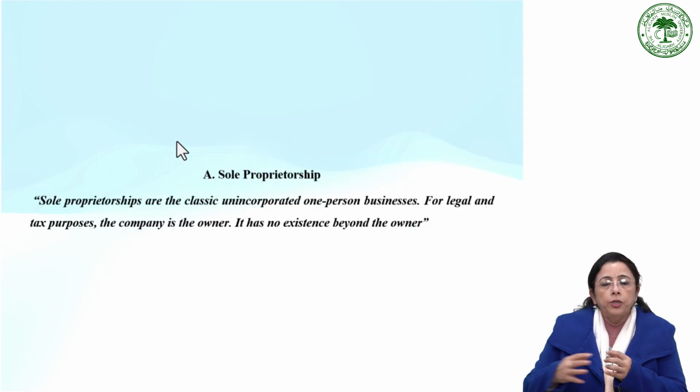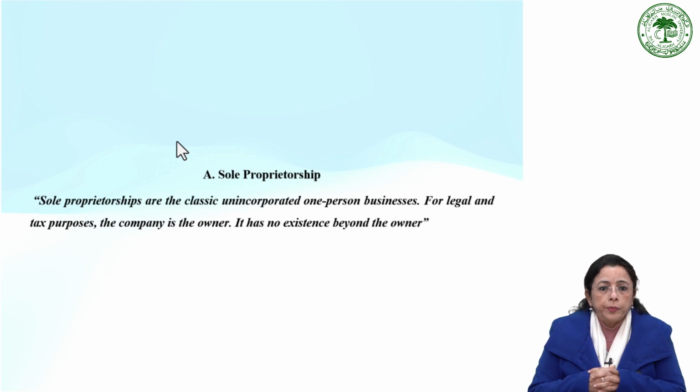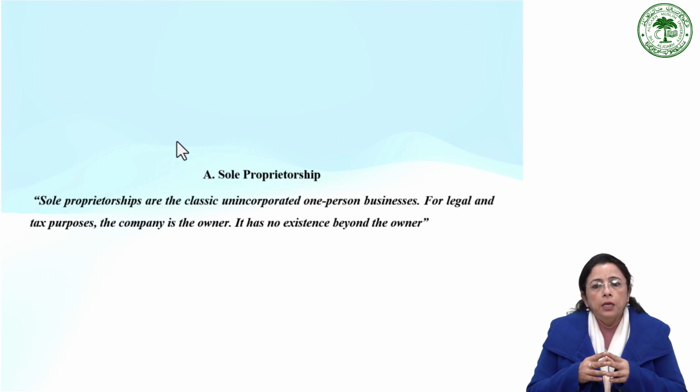First, the structure or the organization is sole proprietor. A sole proprietorship is the most simple and most common type of business organization. The important reason for this is that it is the least regulated of all business arrangements and most easy to start with. Sole proprietorships are classic unincorporated one-person businesses, and for legal and tax purposes, the company is the owner,